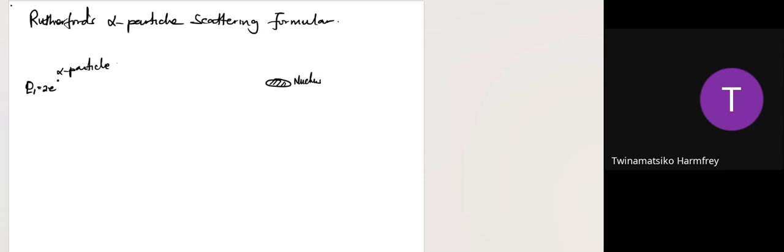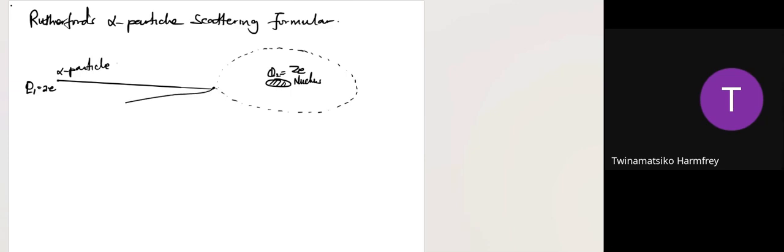The gold nucleus has a charge, I'm going to call it Q2, Ze. And the particle now is moving towards the nucleus. And as it's moving towards the nucleus, its kinetic energy is increasing. At a certain point of closest approach,